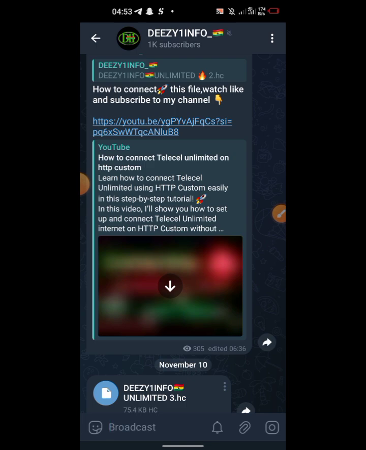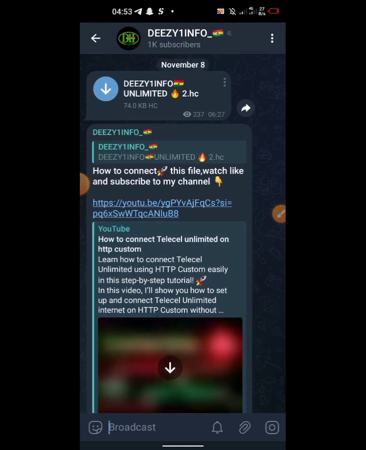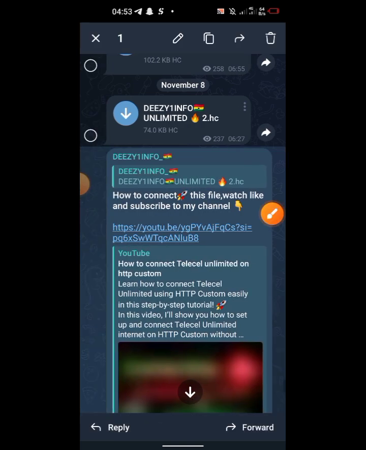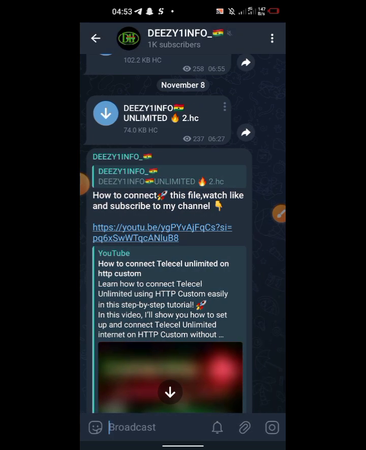In order to create a file for a client, you have to follow some procedures. You have to set up your payment method. Then you pin it, let's say with this particular one, we pin it over there, so that the moment they come, they will know what is going on in the channel. These are the requirements that you need in order to sell the file, so that your VPN account won't get blocked.